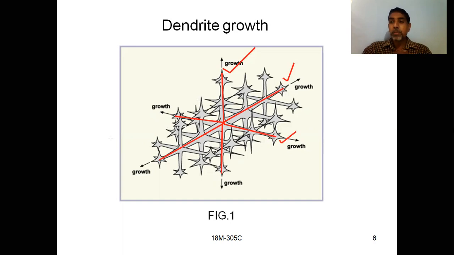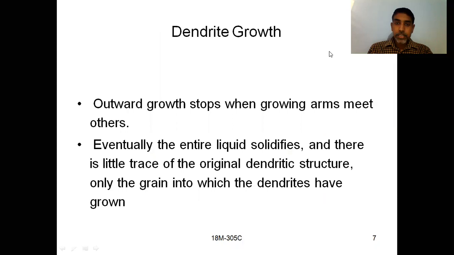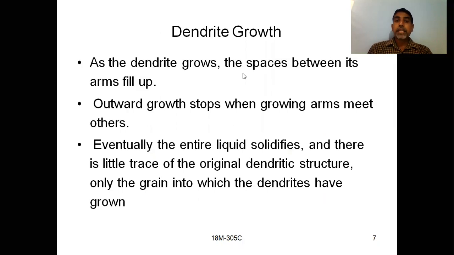So we have a primary axis, secondary axis and tertiary axis. Okay, so in three directions it is growing, and the growth will be in the form of a tree, and this type of growth is known as dendritic growth. Okay, you should remember that word dendritic growth and what the shape of that dendritic growth is, very important in the examination. And if you go to another slide, see here, dendritic growth.